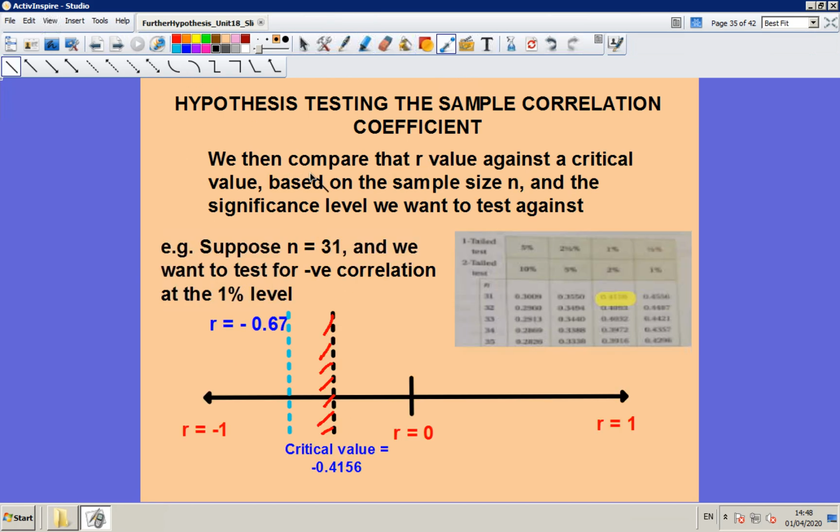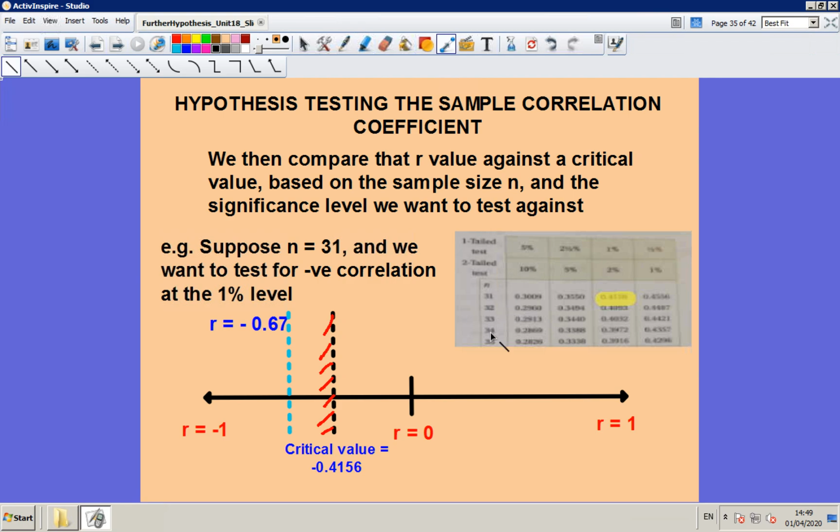We're then going to compare that R value against a critical value based on the sample size n and the significance level we want to test against. So essentially what you'll find, and this is on page 545 of your textbook, is a table which tells you,